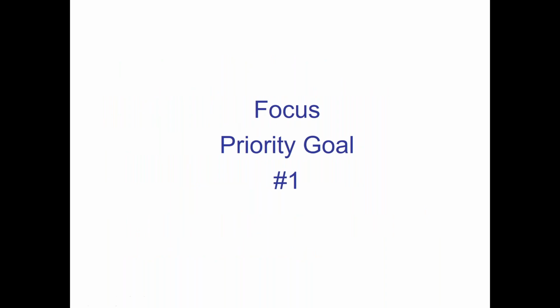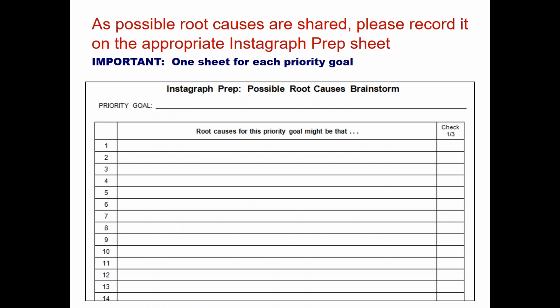So you're looking at your first focus goal, or your first hammer goal, and you're asking people to brainstorm. Look back at the data that's on that root cause parking lot, look at your own observations, look at other data sets that maybe you have in your building that might inform this thinking. And then as each person speaks up and says, we think it might be that the kids don't have the opportunity because we don't offer enough sections of our highest level math in 2nd grade or 4th grade.